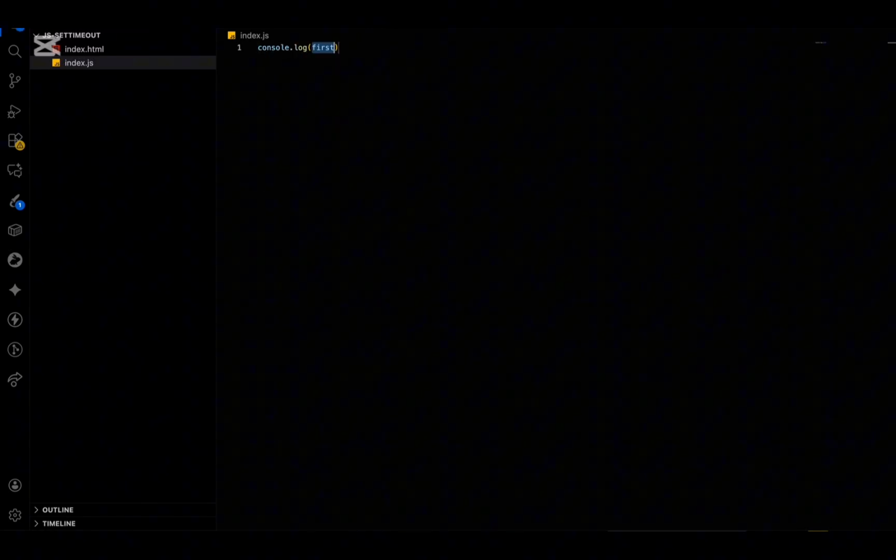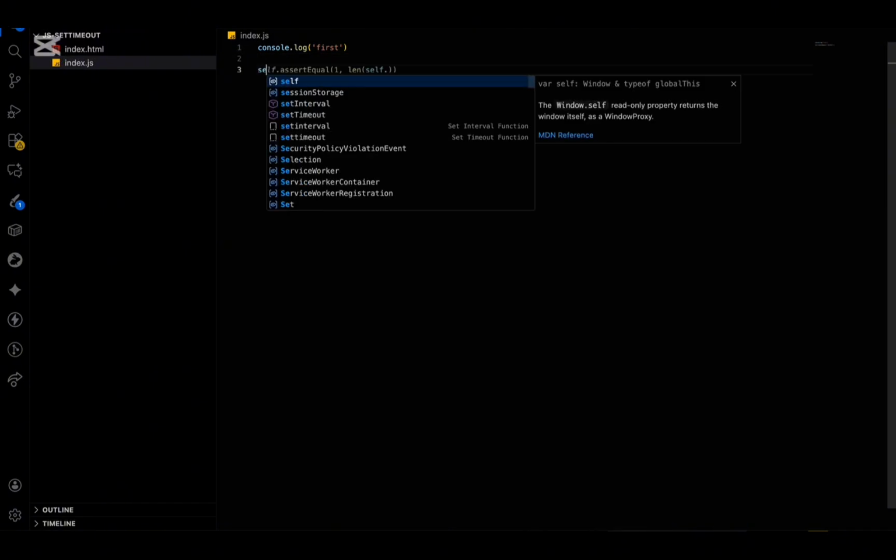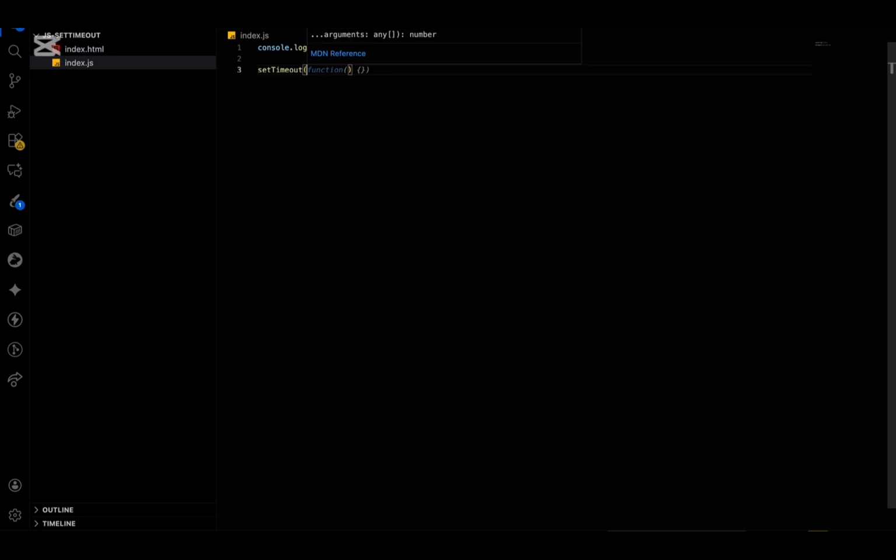So we are going to demo this using console.log. We're going to add three log statements, but we're going to add one using the setTimeout call, and we're going to pass in a callback function here, and we're going to pass in 0, right? So this is expected to run in 0 seconds, and then we're going to console log this as second, and we console log this as third. But